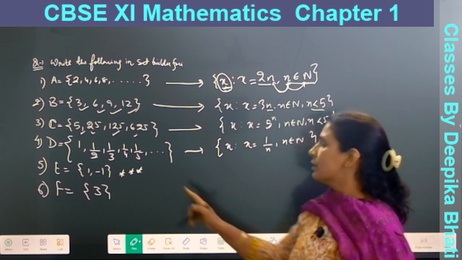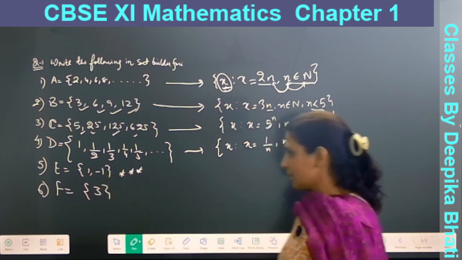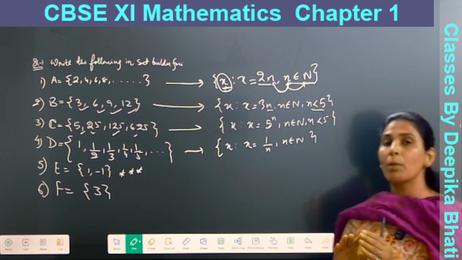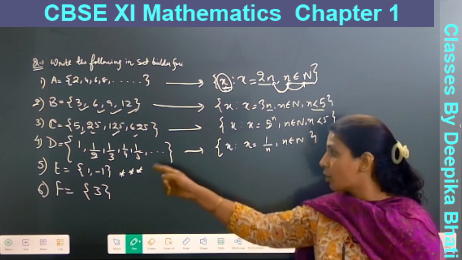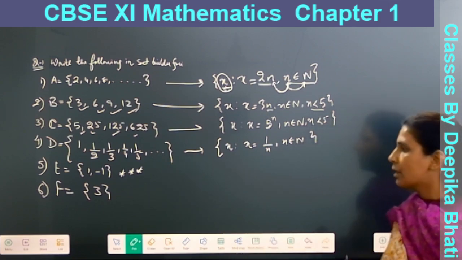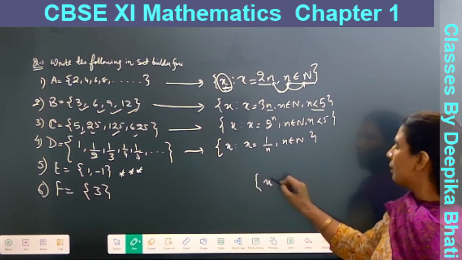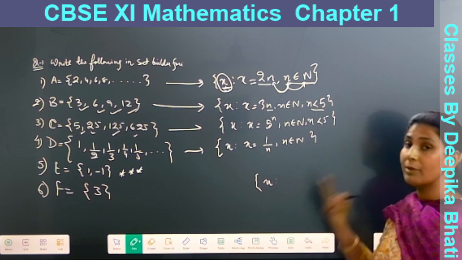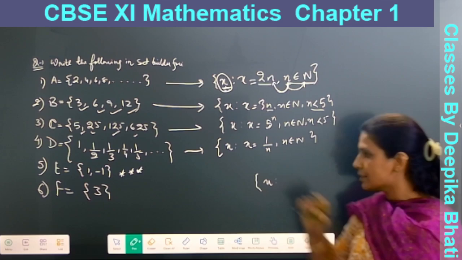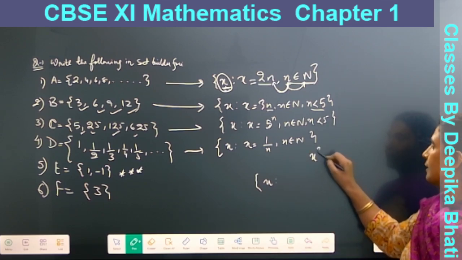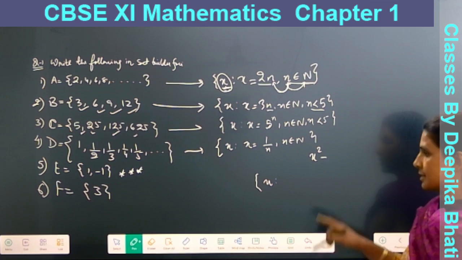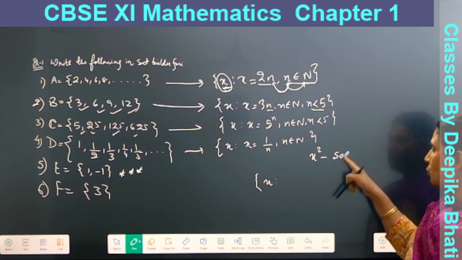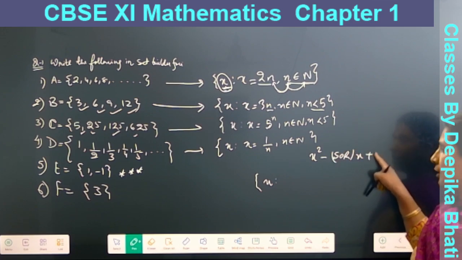So how do we go with a set of 2 elements? Listen to me carefully. Whenever we have a set of 2 elements, we try to form a quadratic equation whose solutions are these, because we are looking for a particular set whose value of x is coming out 1 or minus 1. So, class 10th topic, polynomials. How do we form a quadratic? x square minus sum of roots plus product of roots, right?